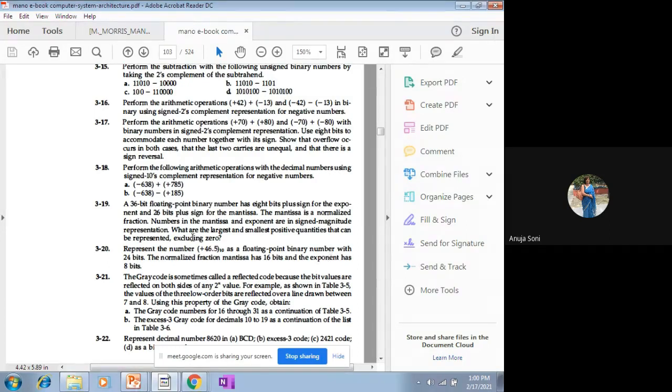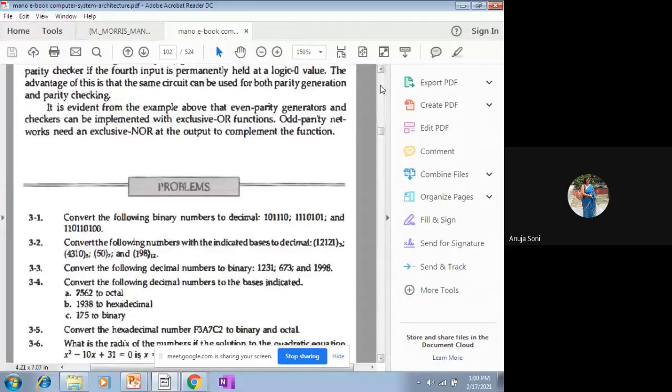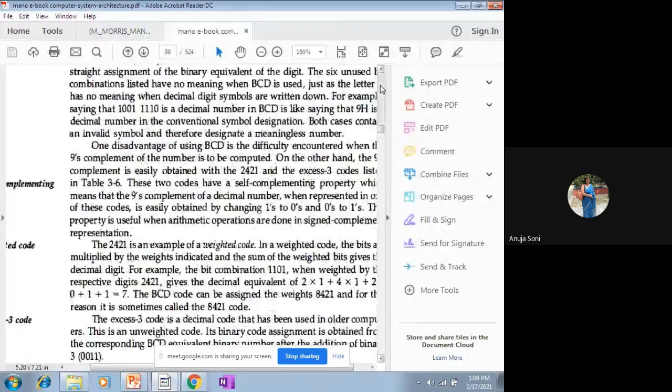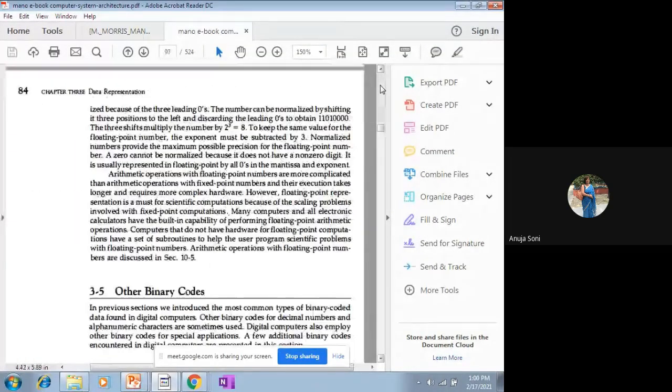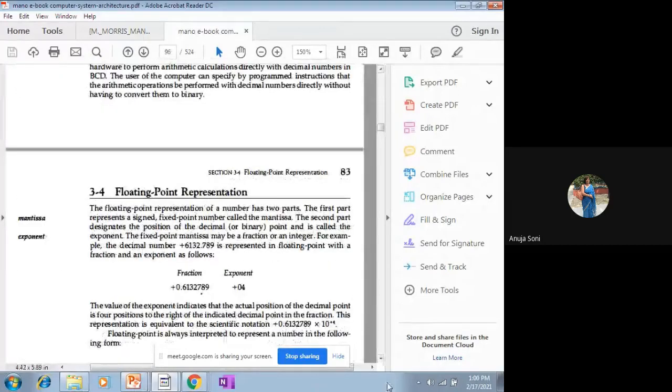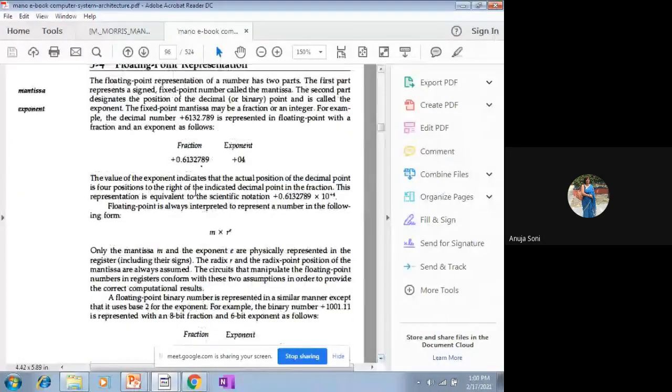I told you earlier when I explained the concept of floating point representation, whenever you are asked to represent a given number in floating point representation, you need to represent it in this format. Let me go to that. This is called a floating point representation: M multiplied by r raised to power e. M is called the mantissa. It should be in the normalized form. Normalized means the very first bit should be non-zero, and it should always begin with the decimal point. That is called the mantissa. r is the base and e is the exponent.